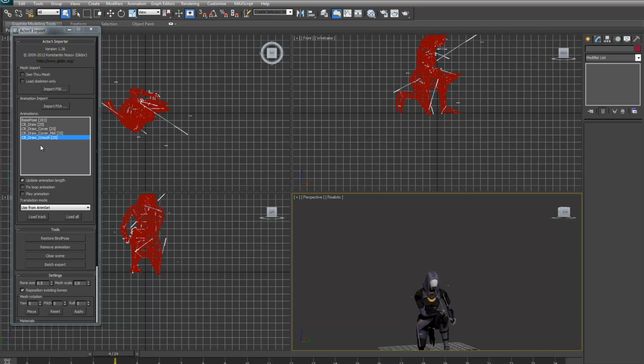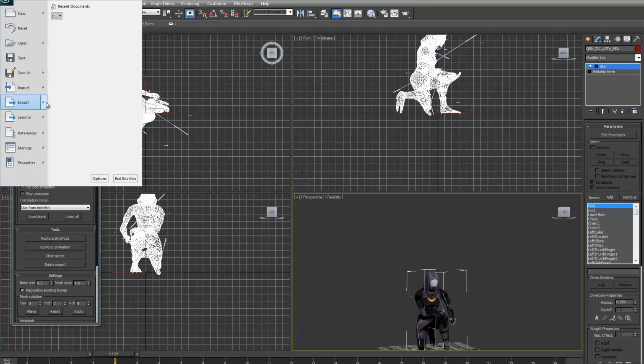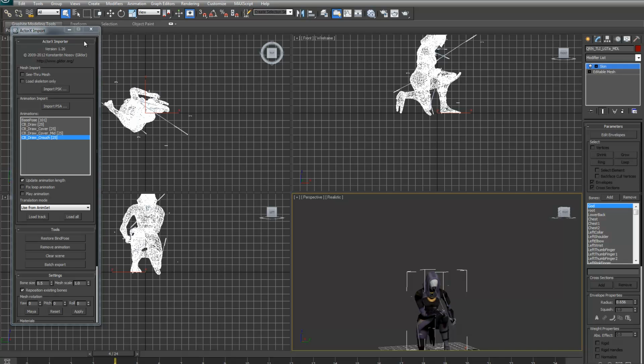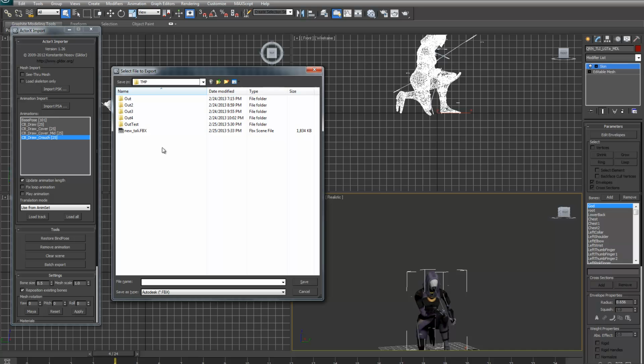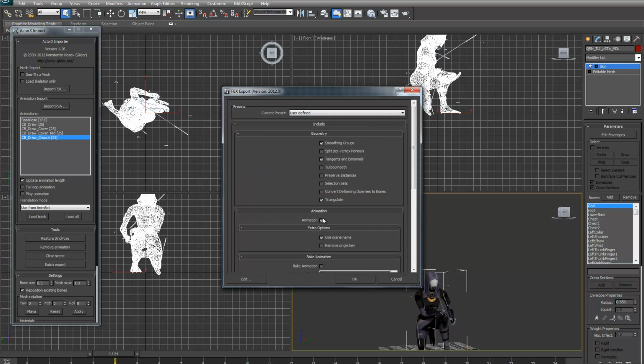And so we're going to take one of these. Let's say I like the draw crouch one, and it's loaded. All you have to do is just click on it once again and go to export selected, and you can do, let's see here, let's call it new tally draw, and this time we want to leave animations on,